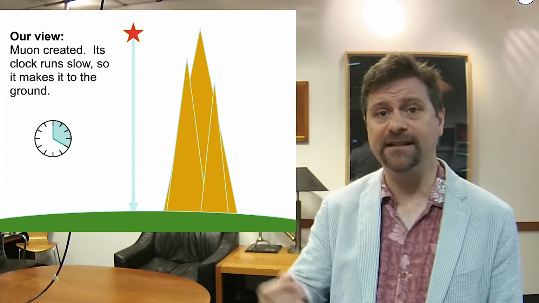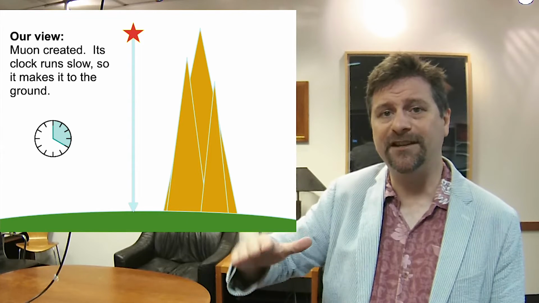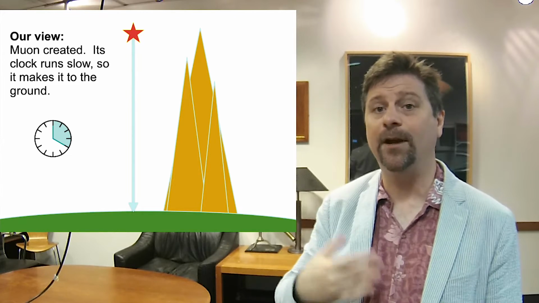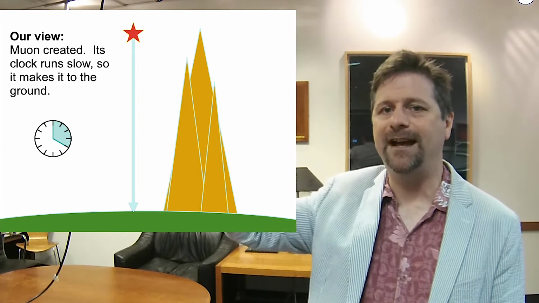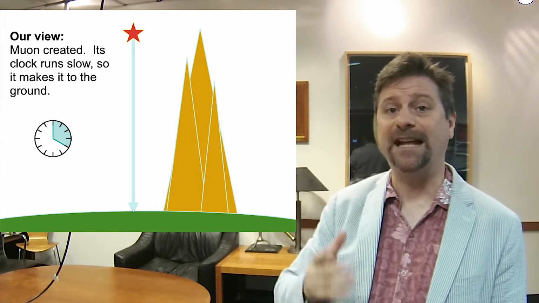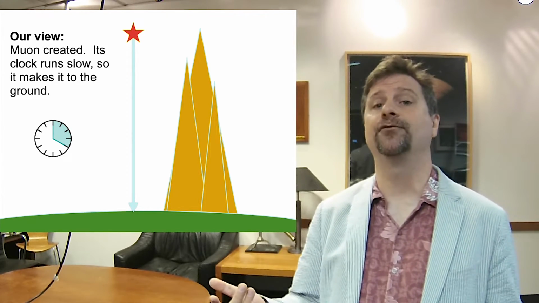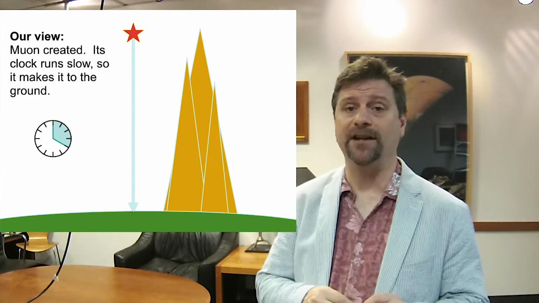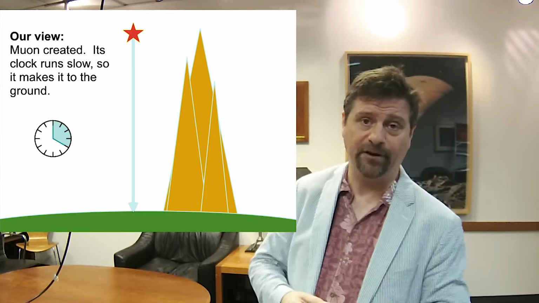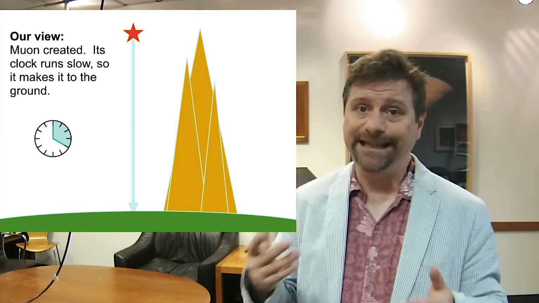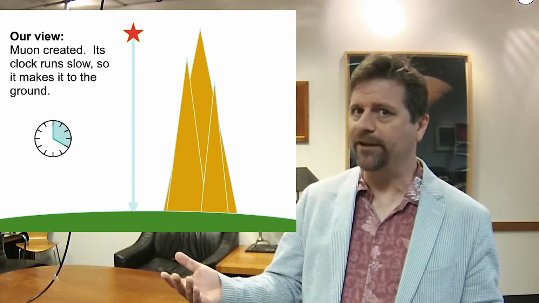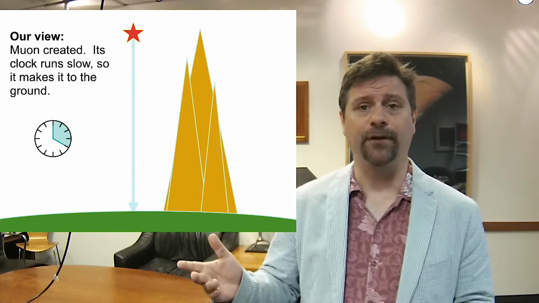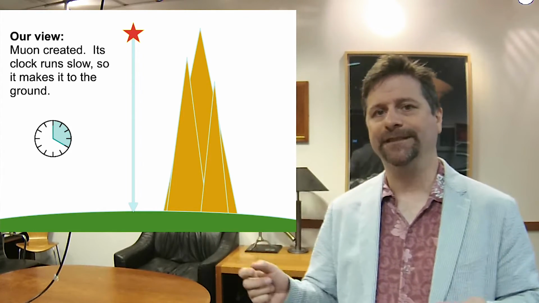Why? Because their clocks move slower. When they're created, it's such an energetic reaction that it takes a very short period of time, about a microsecond, to get from the top of the Earth's atmosphere to the bottom. That's what we see them to be. We see their clocks foreshortened. So instead of getting the expected zero muons, because they should disappear in the upper atmosphere, they should just simply go away, we get them at sea level. 2 to the 40th is a big quench. It quenches a lot. So we get them. Therefore, their clocks are running slower.